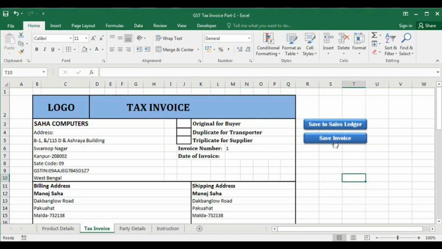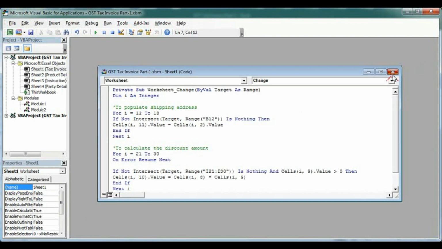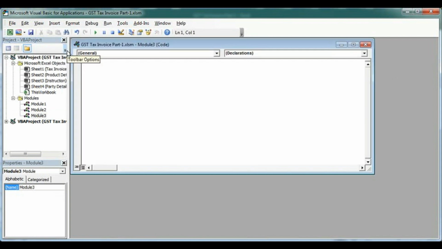Now this already has a macro assigned, and now we have to assign a macro for this. For that we have to create a macro. So go to Developer tab, then Visual Basic, close this one, and now here insert module.